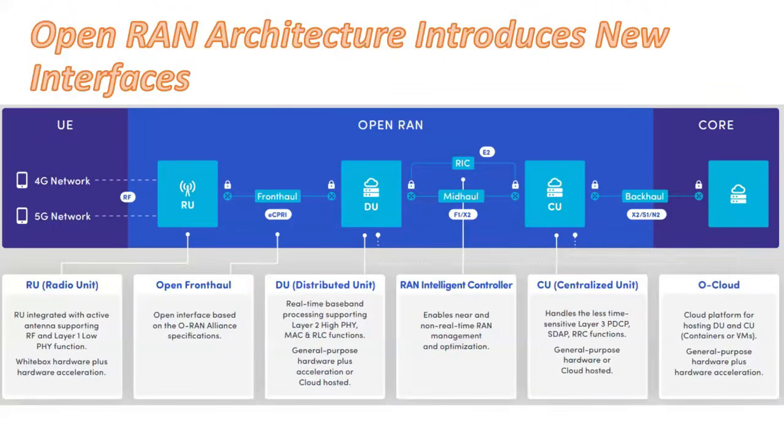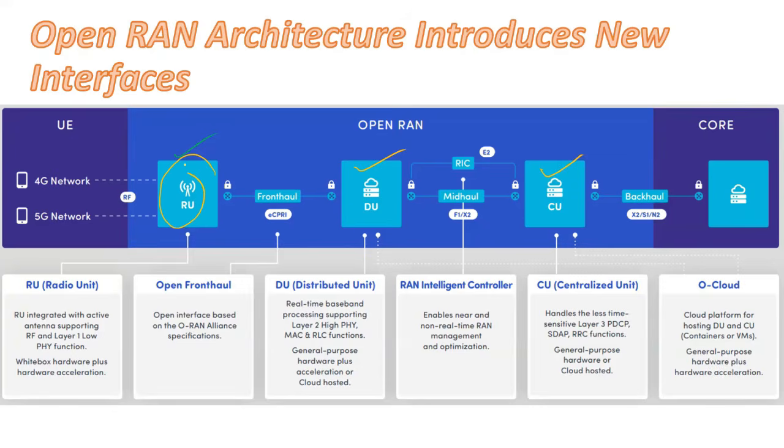Then we are talking about various interfaces also, right? So the key concept of open RAN is opening the protocols and interfaces between various building blocks like RRU, BBU, CU, DU, right? And RAN is disaggregated into three main components. One is RU, one is DU, and one is CU, right? So RU is where the radio frequency signals are transmitted, right? Here radio signals are transmitted, received, amplified, and digitized, right?